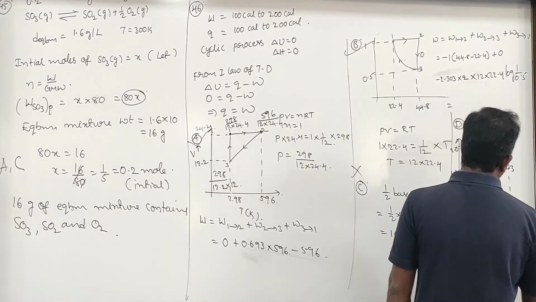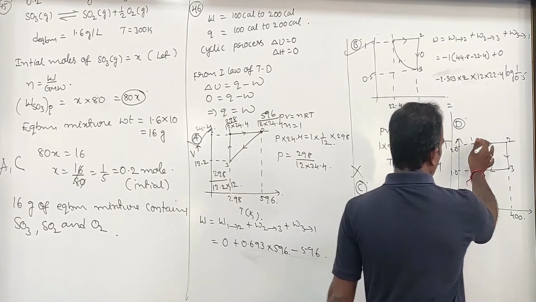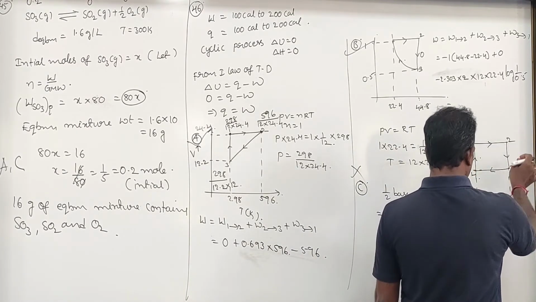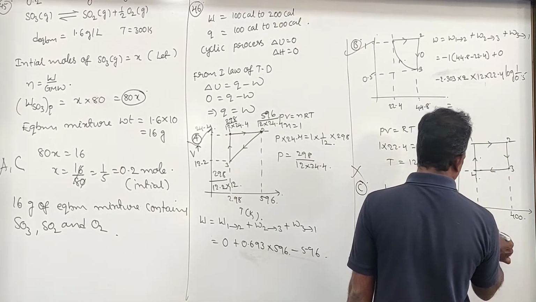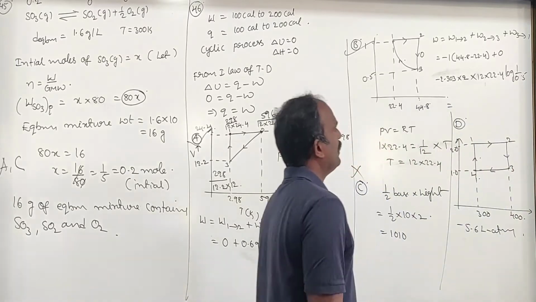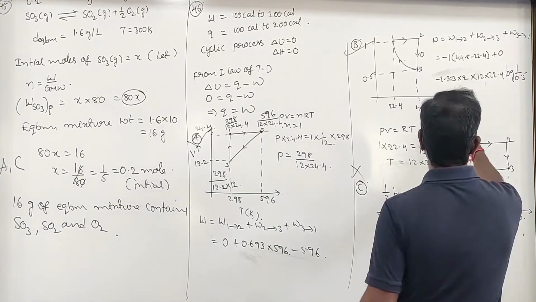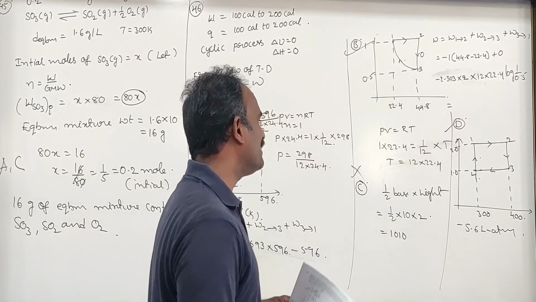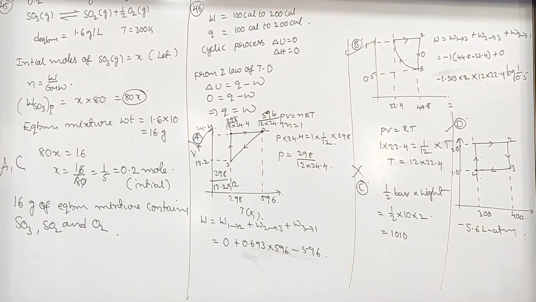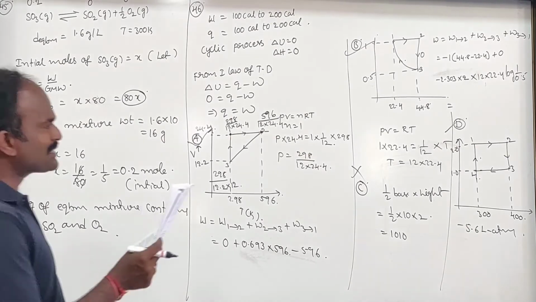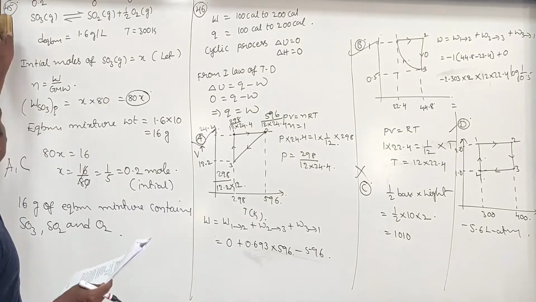Now what we have to do here is simply one thing, that is, let us calculate all the volumes. First calculate this volume, calculate this volume, calculate this volume, and calculate this volume. After calculating all those, we will get 5.6 liter atmosphere, and this value also will come around 100 to 200 calories, such that options are going to be A, B and D. C is not going to be done. So from all this we can calculate this particular question. You can check with them.